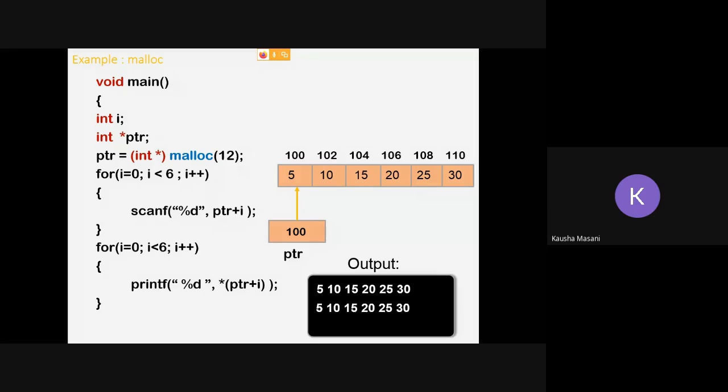This is the part we have seen till now. Now in the next part, I'm going to again ask you to write the program. If you are using the online compiler, keep the window where you have executed this particular program as it is. Don't do modification in that program.